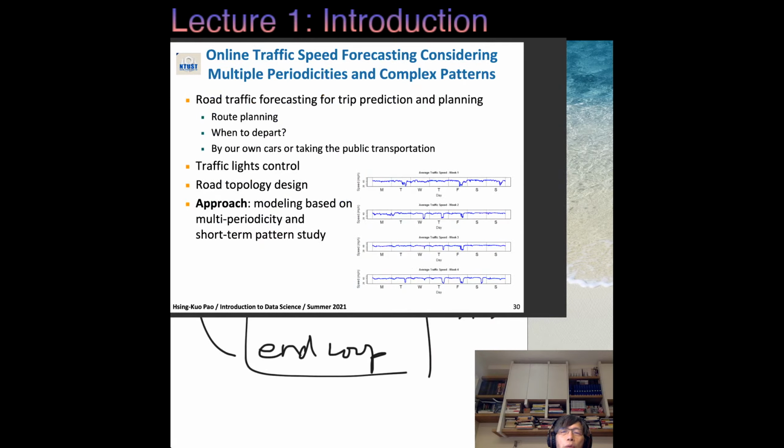And also we analyze the weather data. Oh, sorry, not weather data. This will be the traffic data too. So we're going to analyze between Monday, Tuesday, Wednesday, Thursday, etc., to see that the traffic speed sometimes goes down just because of heavy traffic. So we're going to ask, can we find some kind of periodic behavior belonging to different weeks or different days, so that later we can predict the future, from one place to another, how long it takes?